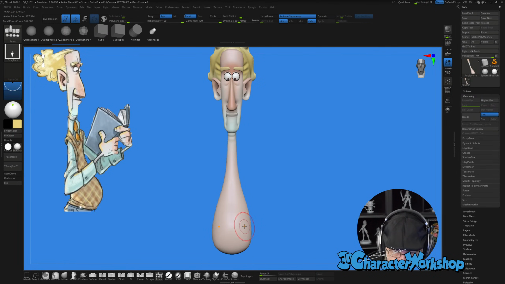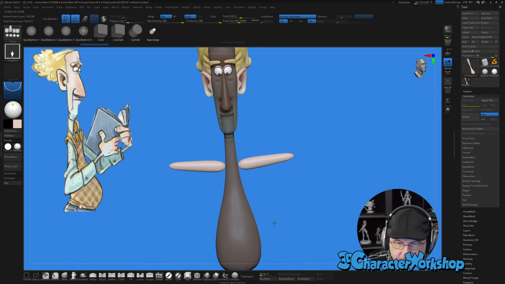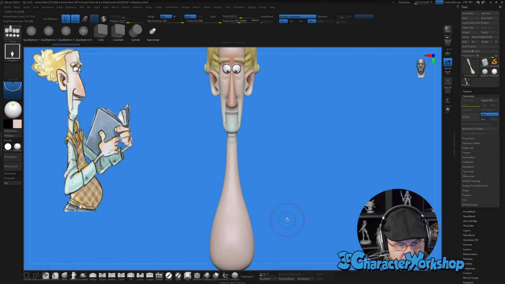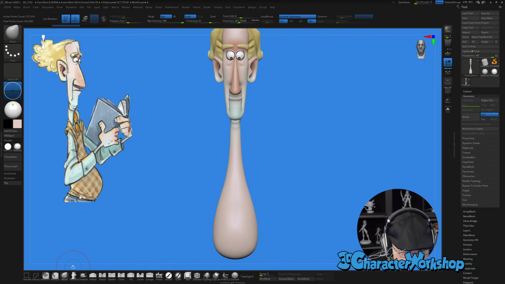Before I do that, I think I'm going to drag his shoulders out just a bit, about right here. He almost looks like a dishwasher detergent body.